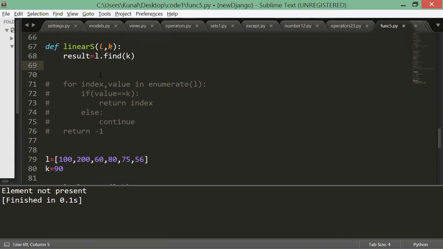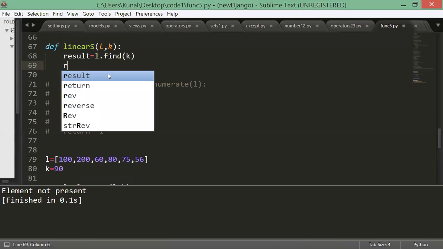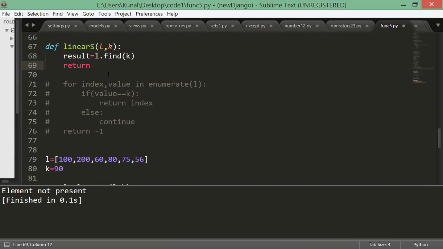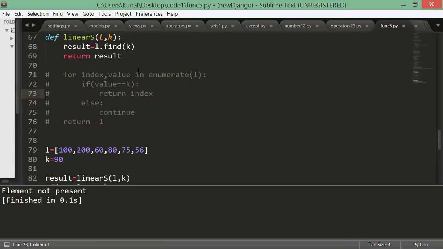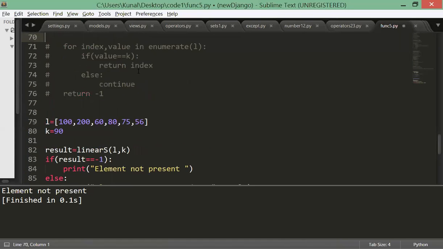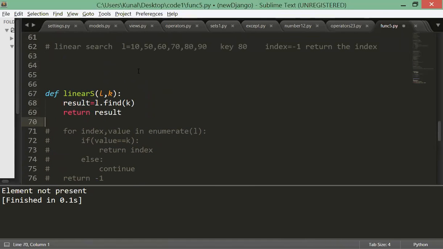And in this case, I'll just return the result. Okay. If this result is -1, the element is not present, else the element is present. Okay. But in this case, if I want to get the index out of it, so